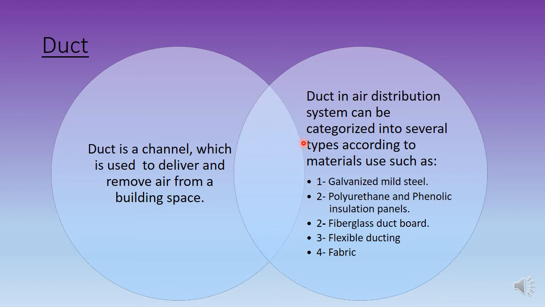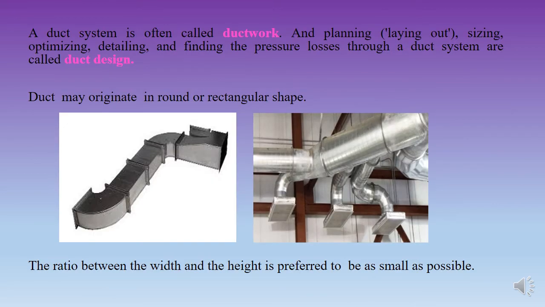And it can be categorized into several types according to materials used, such as galvanized mild steel. We have PU, polyurethane, phenolic insulation panels. We have fiberglass ductboard. We have flexible ducting, which is normally round in shape, and we also have fabric ducting. It depends on the use. Alright, and a duct system is often called ductwork, and